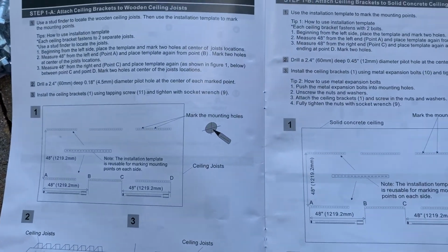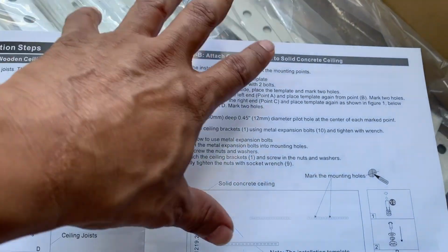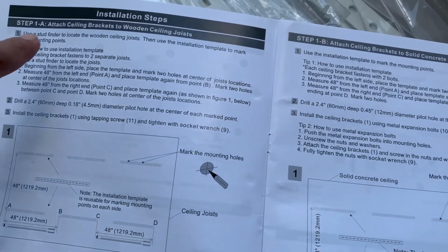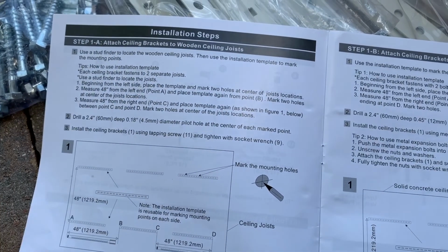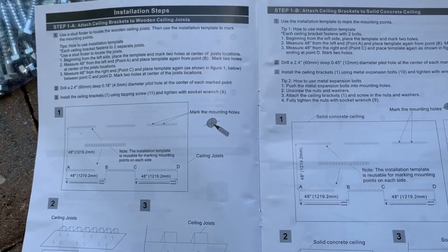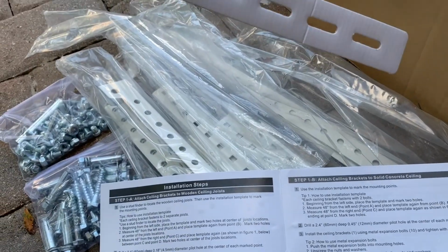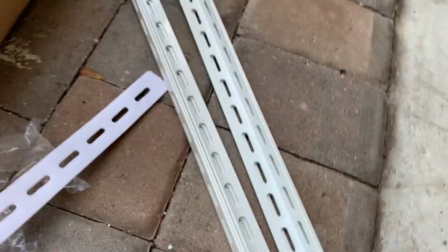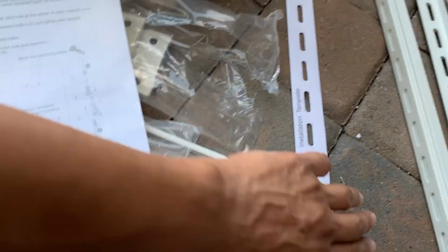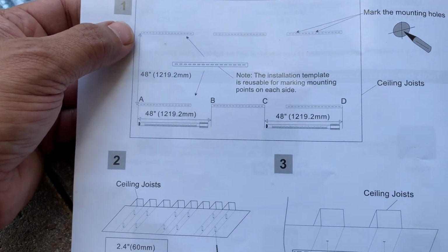in the booklet. So it shows you if you have a solid concrete ceiling, you're going to be following this direction. And if you have a wooden ceiling joint, then you're going to be using this direction. So with that being said, it came with a cardboard template that I'm going to be using, and this kind of mimics this on there. So I'm going to be using this direction,